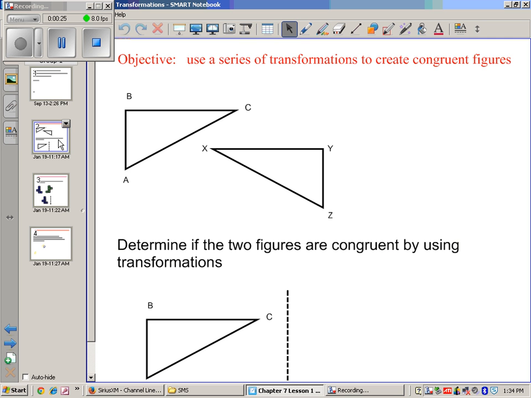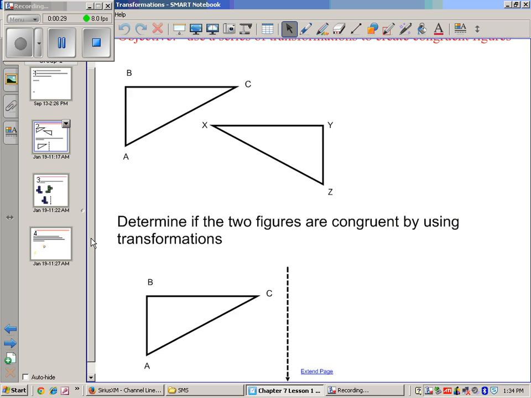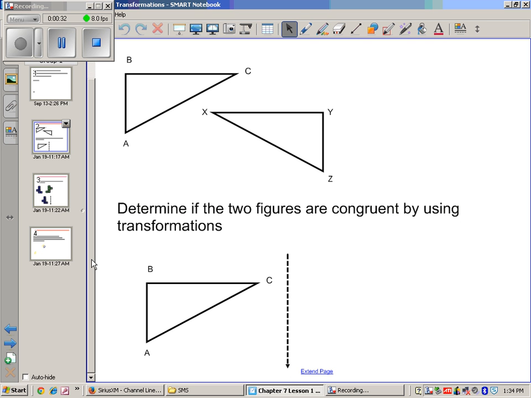Okay, we're going to determine if the two figures are congruent by using transformations. We have triangle ABC and triangle XYZ. First, we're going to need to reflect. Let's reflect ABC across the dotted line and see if we can match up with XYZ. So let's take this figure and